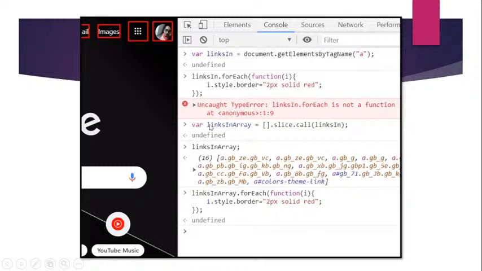What we can do is create a links in array, and we define it the same way we did for divs, and with that links in array we get 16 links that are on this page. Okay, and after that, if we implemented this links into links in array, we can use this for each to be implemented in this. Okay, and now it works correctly, and we can see a 2-pixel solid red border around all the A tags around here. Okay,